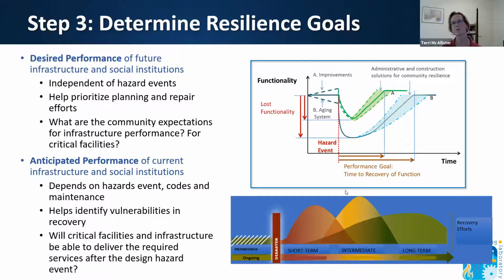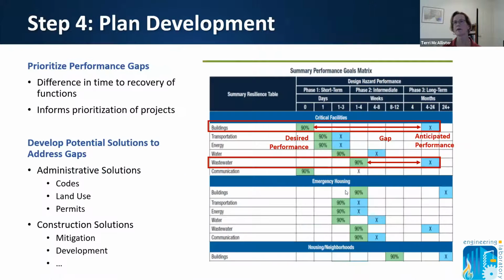And then we go to, what do we expect for our communities today? And now we start to see the difference between the recovery level that we think we're going to have given our current environment versus what the community would like to have. And this is where we start to really have an informed planning process.